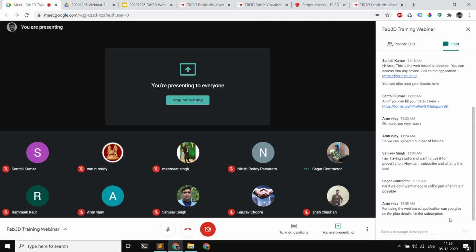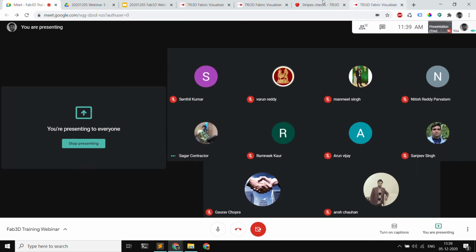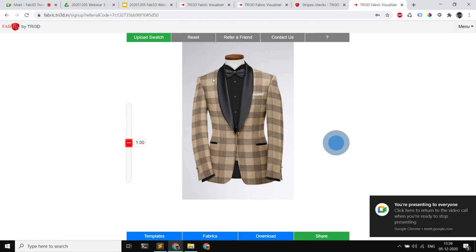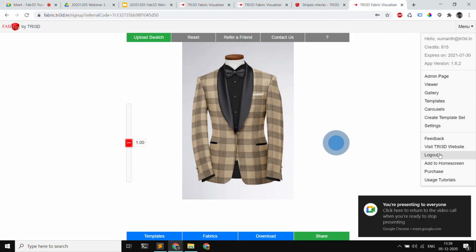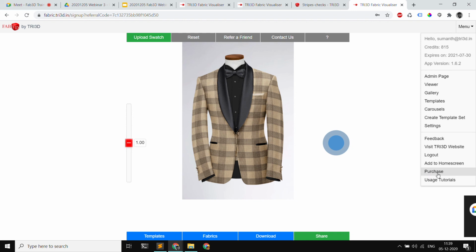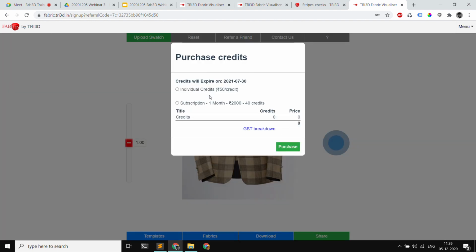For using the web-based application, can you give us the plan details of the subscription? Like I just told, when you open the application and click on purchase in the menu, when you have just logged in you will see it as a purchase request. Once your request is approved, you will see it as purchase. Once you click, you will see both options here.